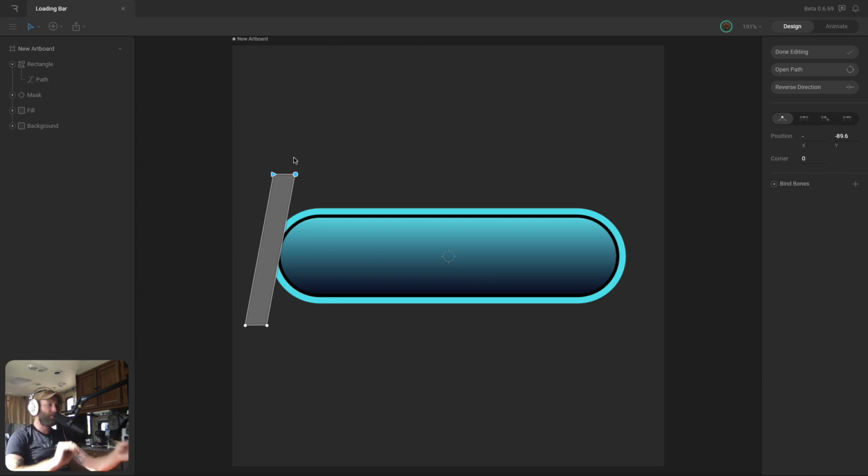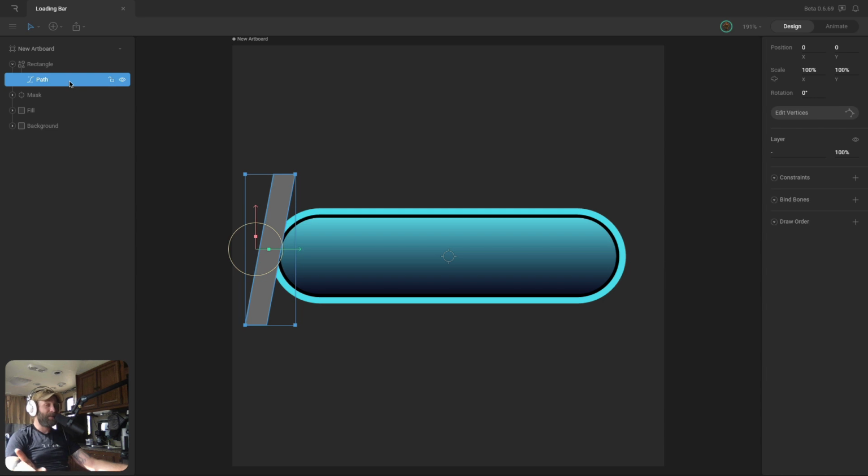Now, once I've got my first rectangle looking how I want it, I'm just going to hit Done Editing there in the inspector. Then I'm going to select the path, not the shape, but the path layer, and copy and paste this. And now take that new rectangle path that we've created and drag it over until this bounding box lines up with the top right corner of that previous rectangle.